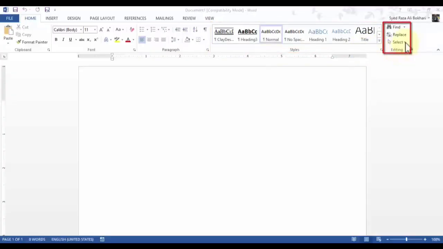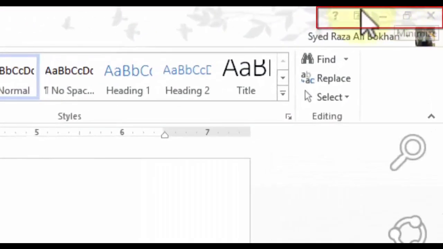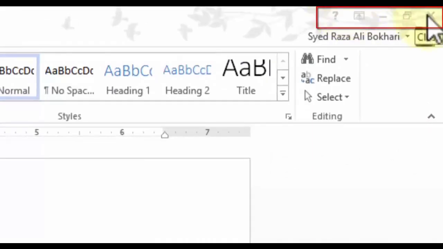And then we have our Editing group, which allows us to do some basic editing within our document, such as finding words, replacing text, selection, and so forth. So once again, the Quick Access Toolbar on the top left. Then we have our menus, the File, Home, Insert. Then our ribbon. The top right side, moving towards the right side of the screen, you'll notice the little X, which means to